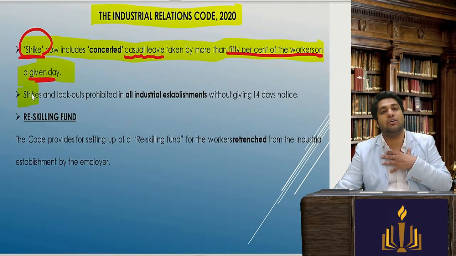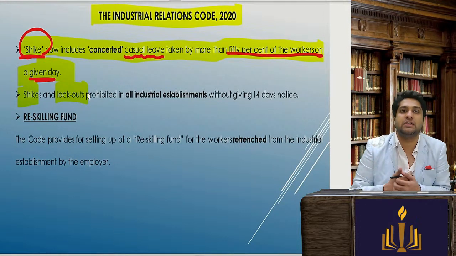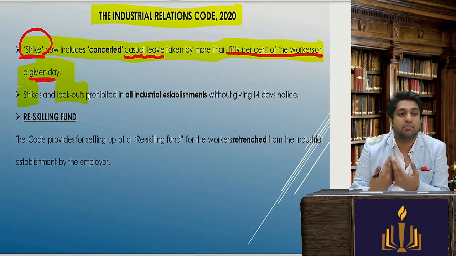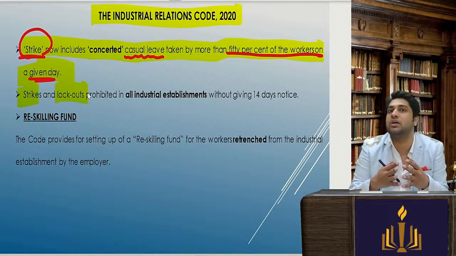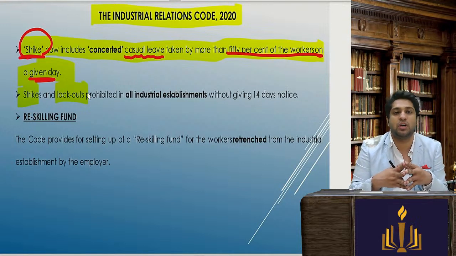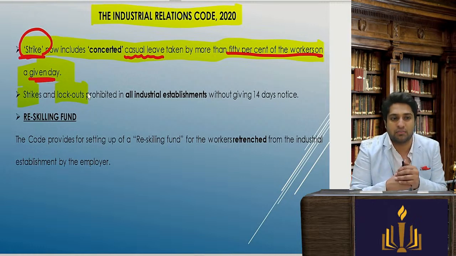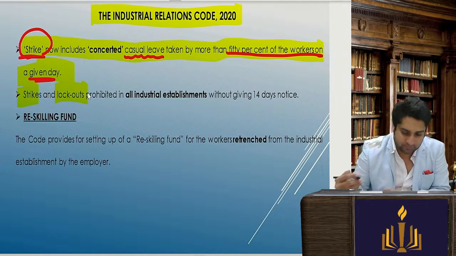Strikes are done by employees. Lockouts are done by employers. If you see the Maruti case, where the employees had done violence, Maruti company, as a tactic to teach the employees, had issued a lockout. They said that we will not open the office till we receive an apology letter, or till the relations are made better. So that is a lockout by the employer, as a bargaining tool or a bargaining weapon.